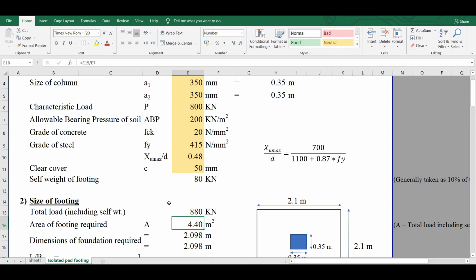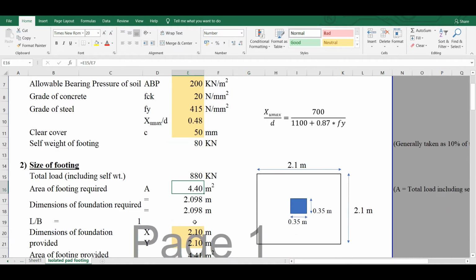Please note that while calculating the area of the footing, we will use the unfactored loads, that is the characteristic loads. This is because in the formula of the area of the footing, we have used the term called allowable bearing pressure, and the value of the allowable bearing pressure given by the geotechnical engineer is determined by taking a very high factor of safety. So already a high factor of safety of 2.5 to 3 is considered in the allowable bearing pressure. Hence we will use the unfactored loads for calculating the area of the footing.